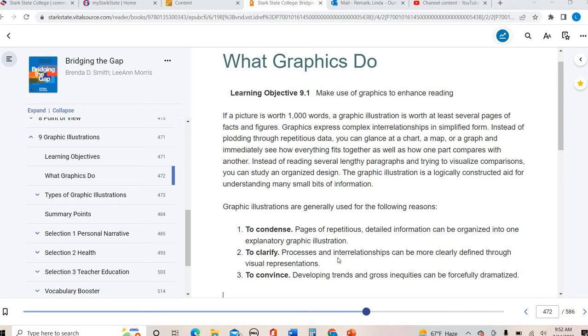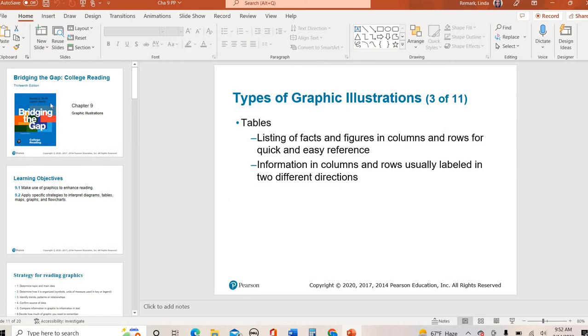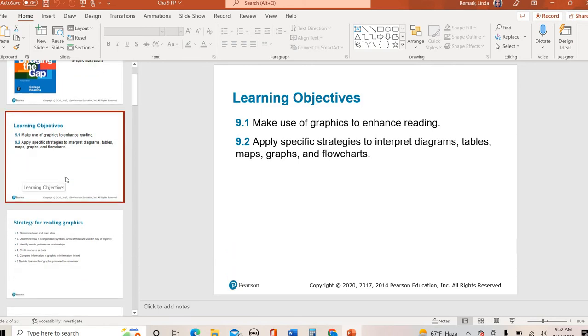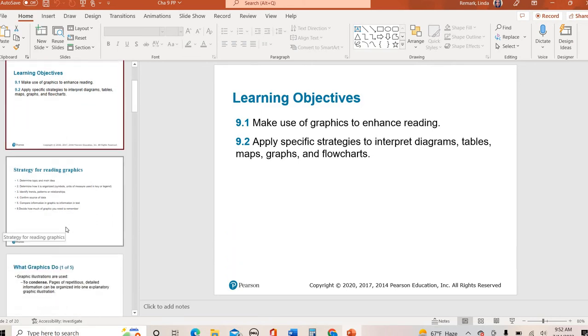And so when you go to your Chapter 9 assignment video and your text and skills sheet, I'm going to point out where a couple of these questions are coming from. So I'm going to have the PowerPoint up here in the background as well. The purpose of this chapter is to understand how graphics enhance your reading and strategies to help you interpret